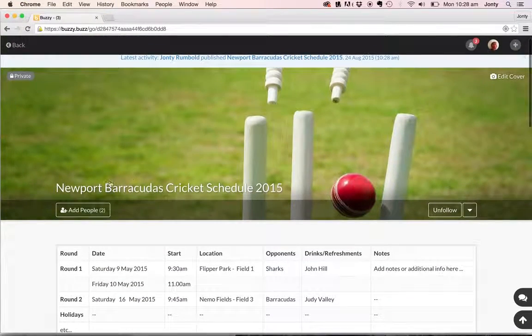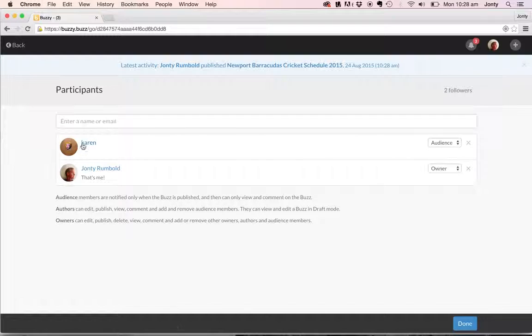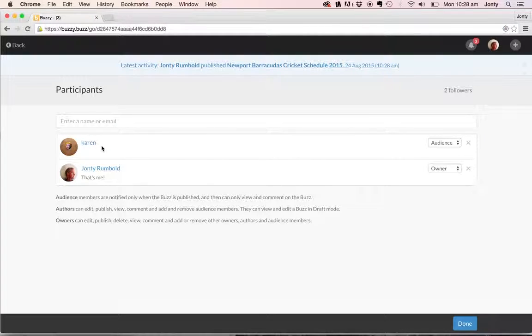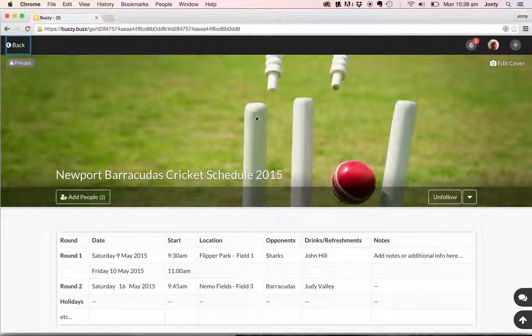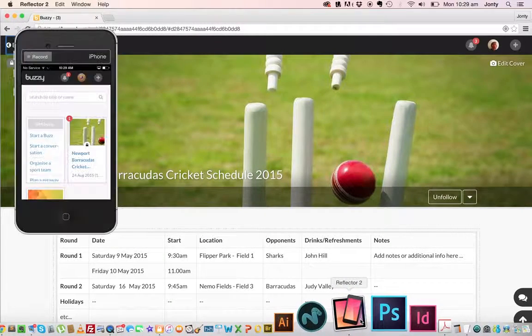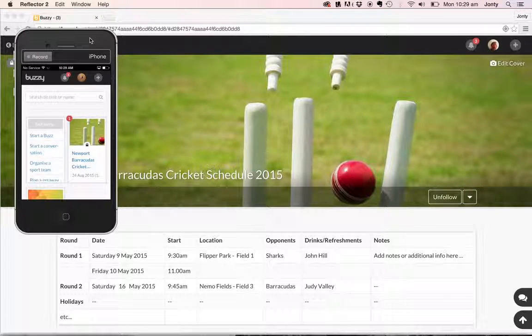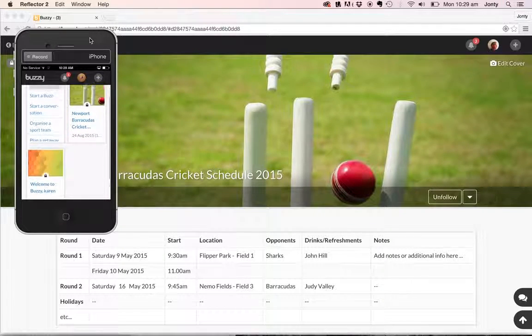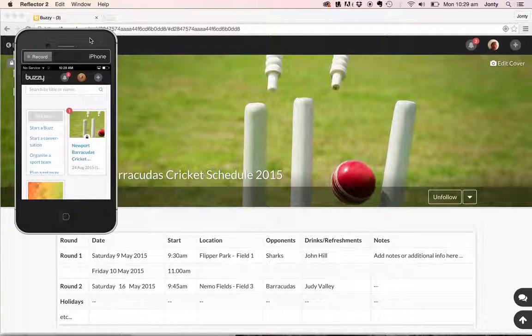Awesome, really happy with that. And that means by publishing it, Karen, who's one of the parents, will get notifications about this buzz or this cricket schedule, right? So let's have a little look at that. Karen, in this instance, has decided to download the app, and I've got that simulated over here on the front, and you'll see in her dashboard is the buzz, Newport Barracudas Cricket. So if I click into that,